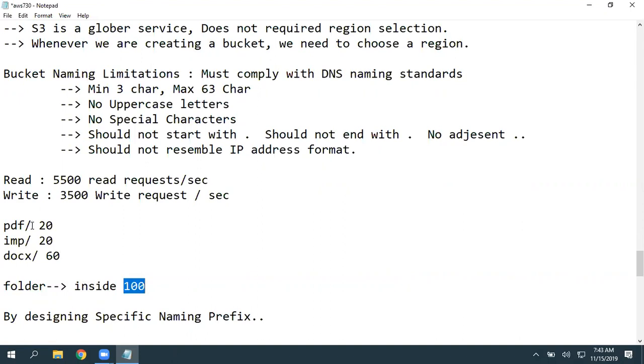But here I need a PDF. The request will go inside this particular prefix, and it is going to run on only 20 documents. So I'll get quick results. So instead of putting all data directly in your bucket, make sure you design a proper naming prefix. Then a unique naming prefix, and you will get all the search results pretty quickly.